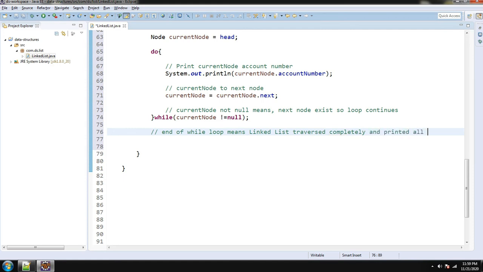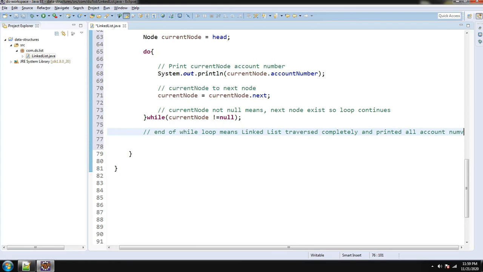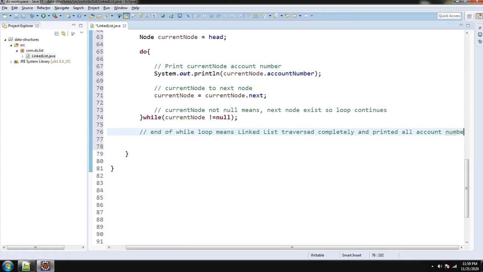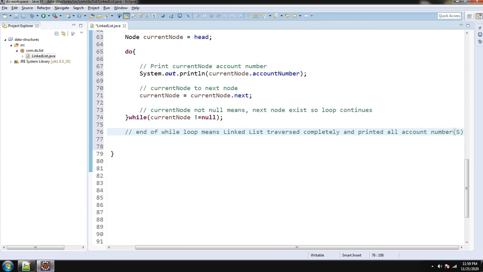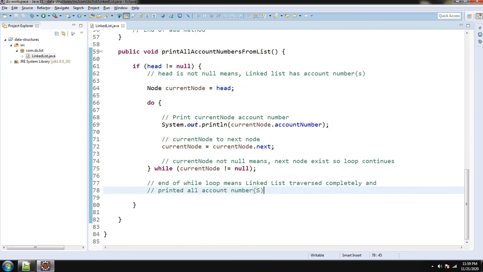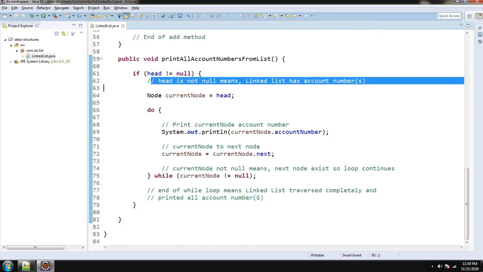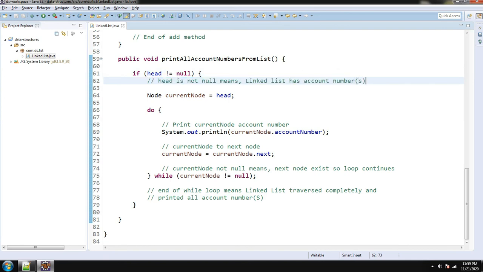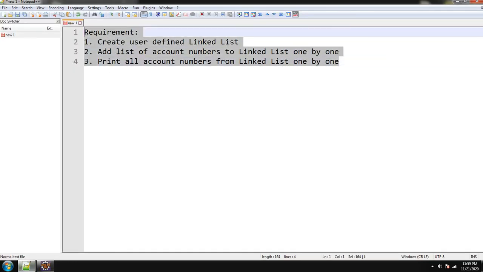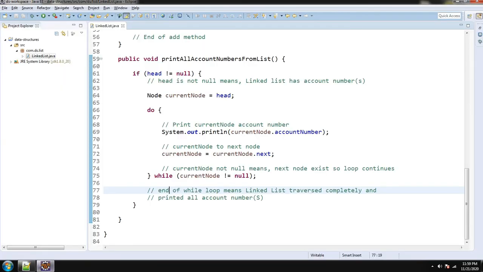And it's printed also because we have system.out.println to print all the account numbers one by one. So if head is not null means linked list has account numbers, print current node account number. So we completed all the 3 points of the requirements.